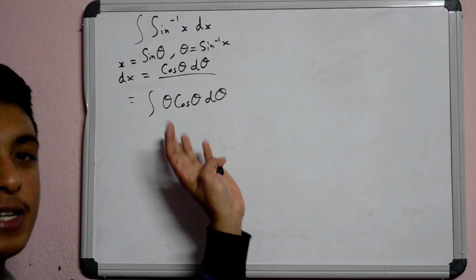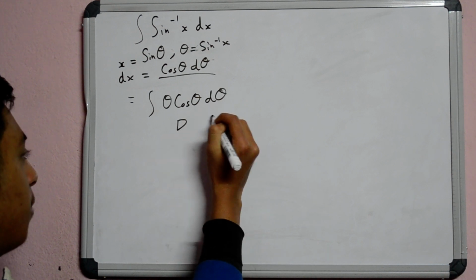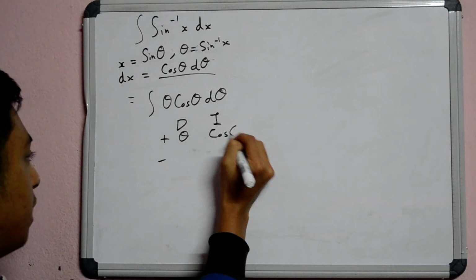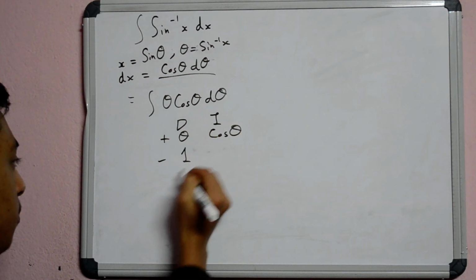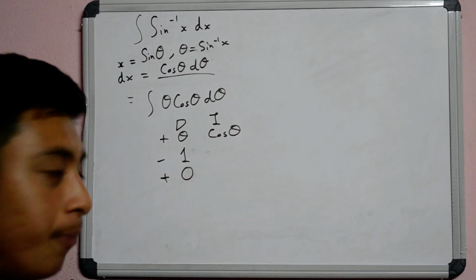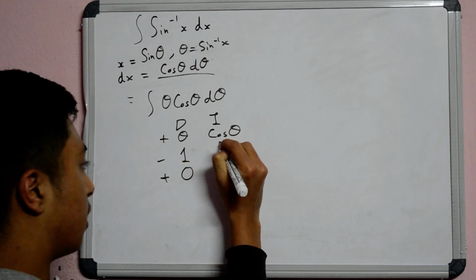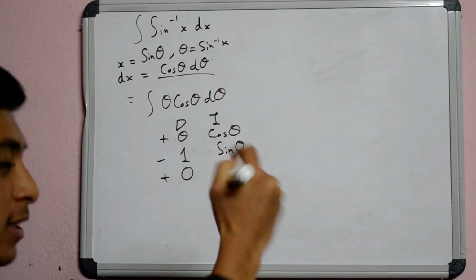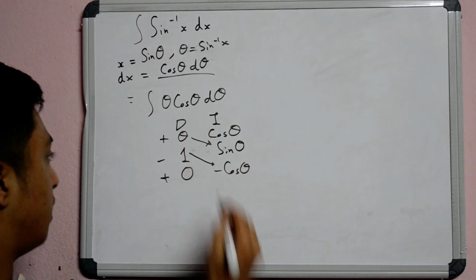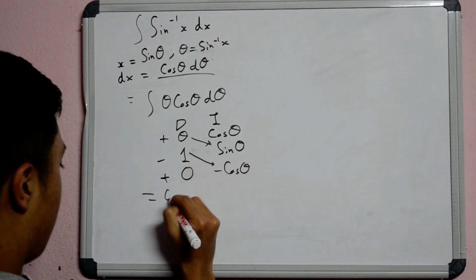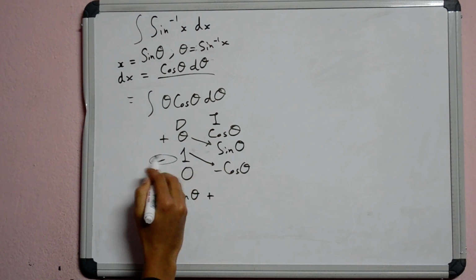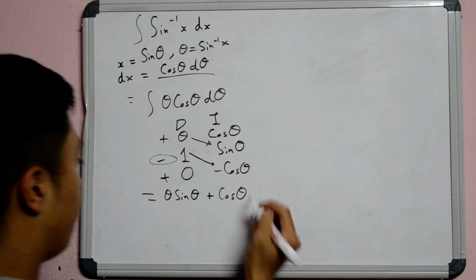Now this is very easy to compute. All you need is integration by parts, or the simple DI method. Differentiate theta, integrate cos theta. Differentiate this once, we get 1. Again, you'll get 0. Integrate cos theta, you'll get sine theta. And again integrate sine theta, you get minus cos theta. And our answer is this and that. So we'll have theta sine theta, minus minus plus, be careful for this minus right here, plus cos theta,